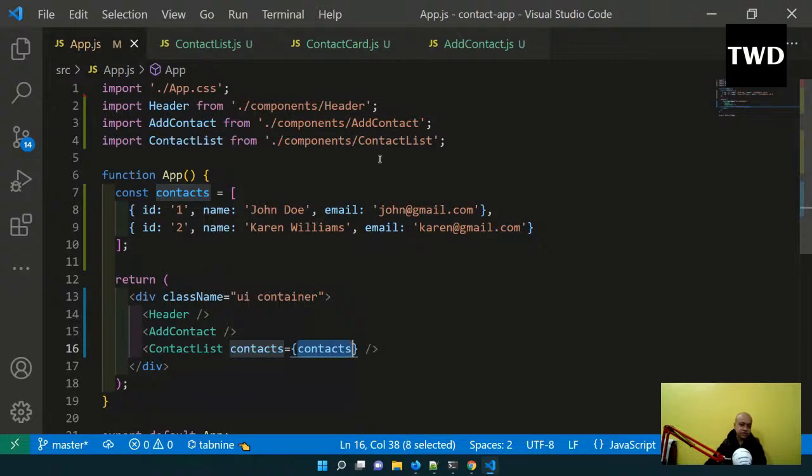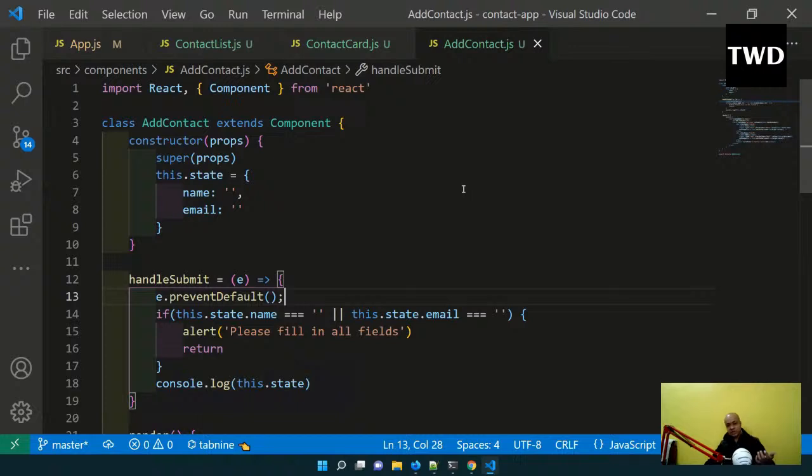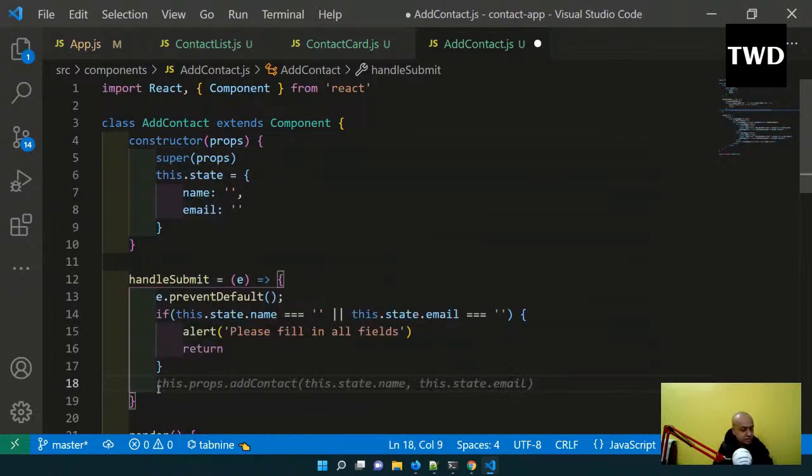Okay, so for that I have to pass the data in the opposite direction, from a child to a parent. So what does that mean? That means that we have to use a different strategy. And this also I will tell in detail in my upcoming bootcamp. I will tell in detail. So this dot props dot add